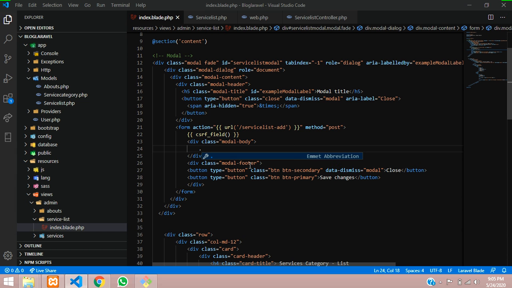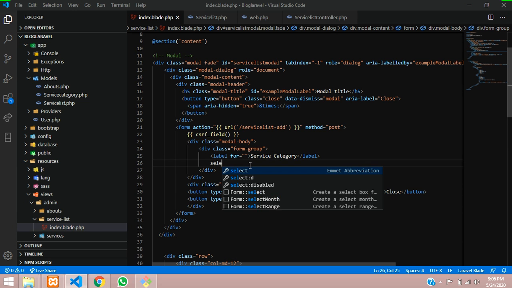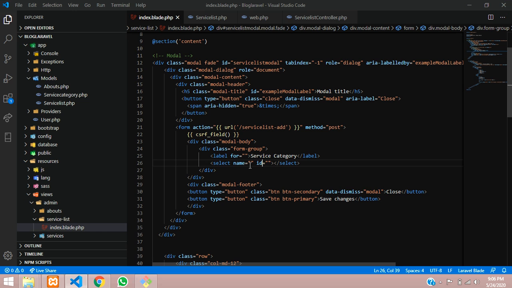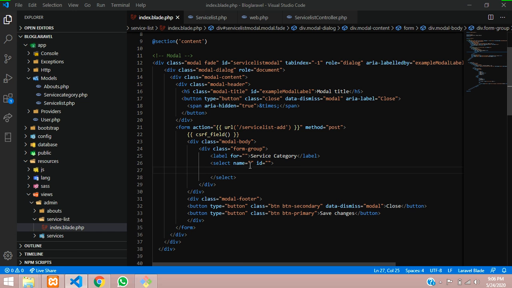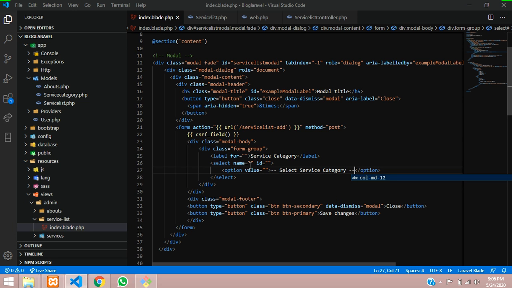So guys, now let us create a form group. Inside this one, a label called service category, and now here will be the select option, where we will mention select service category.